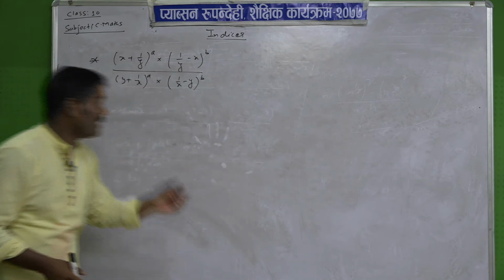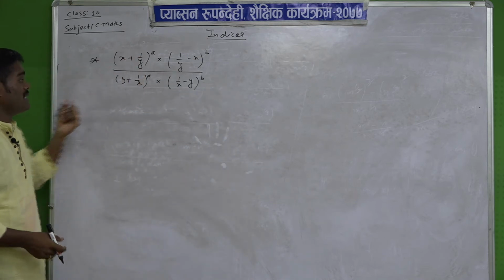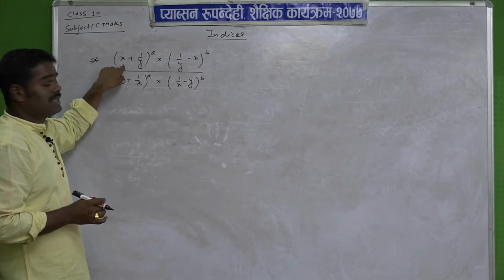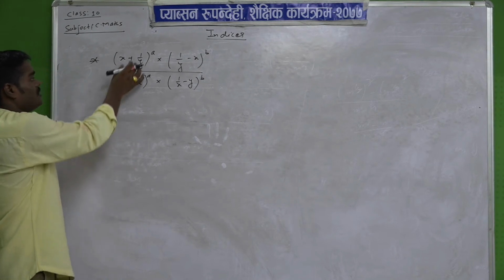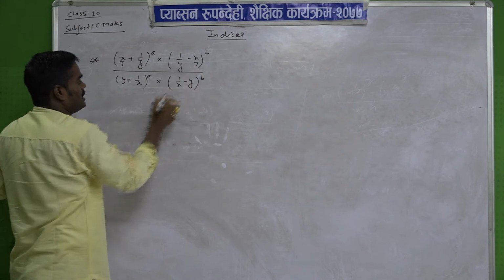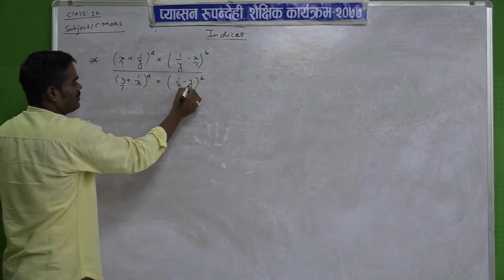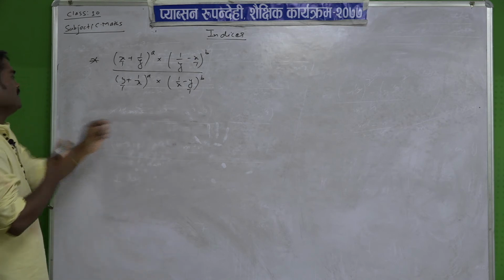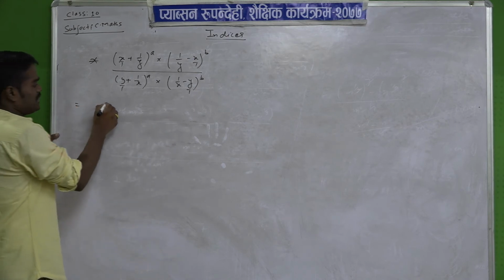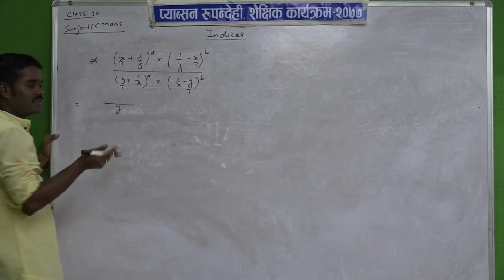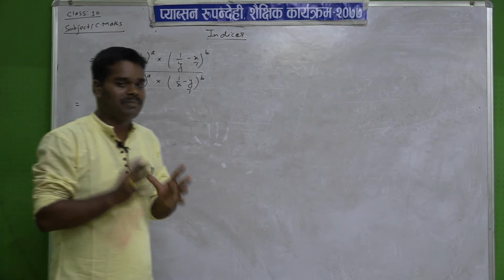See here, my dear students, first you are watching that in this factor they are in fractions. What is here? 1. What is here? 1. What is here? 1. What is here? 1. So, everywhere you have to take the LCM inside the bracket. What is the LCM here? The LCM of 1 and y is y. We have to repeat the same process.